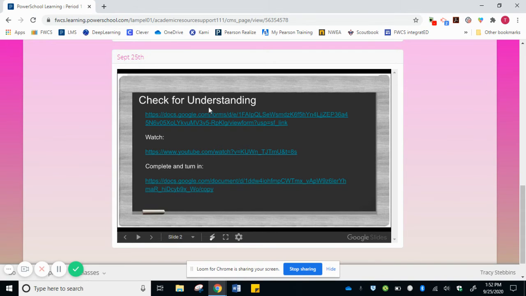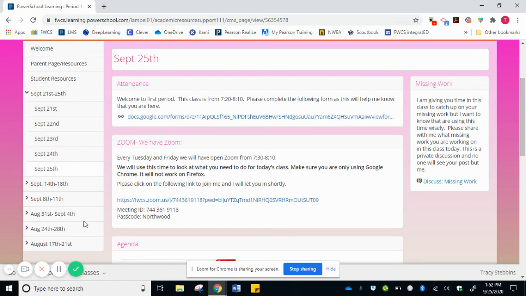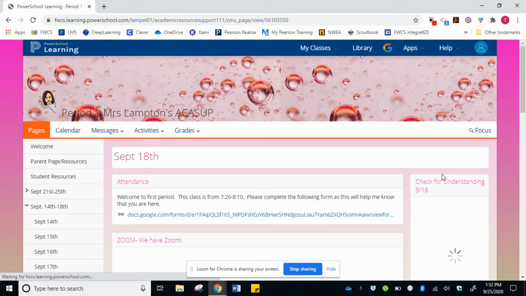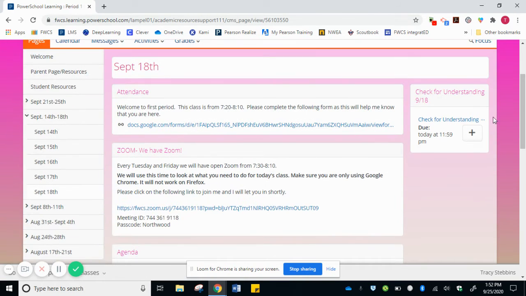Now again, this one had a check for understanding. So if I click on that, this one is just a Google Forms, and it would just take me to Google Forms, and I would fill that out. Some assignments, though, you might have to turn in. So, for example, if I said, oh, well, on that September 18th, you didn't do it, maybe you need to go back. So if I go back to that September 18th, I'll see there's the check for understanding that I needed to